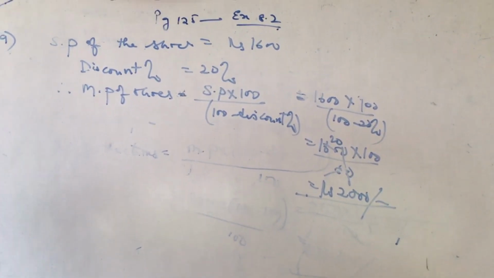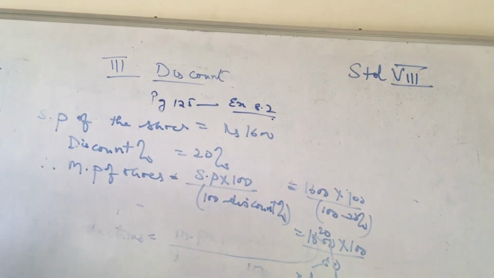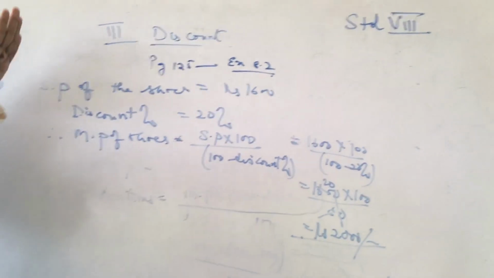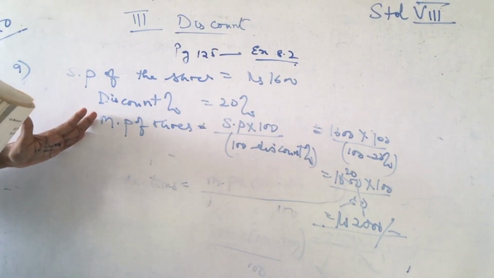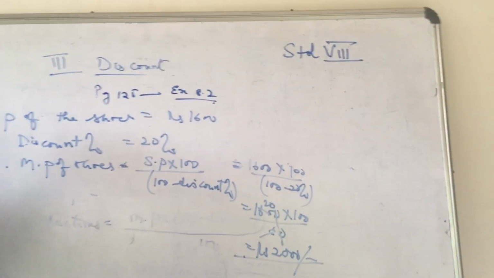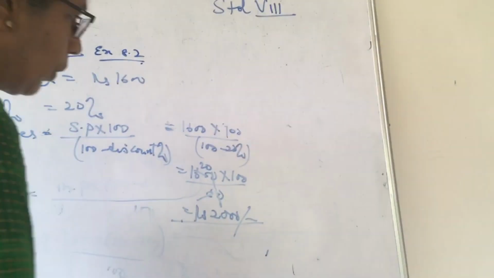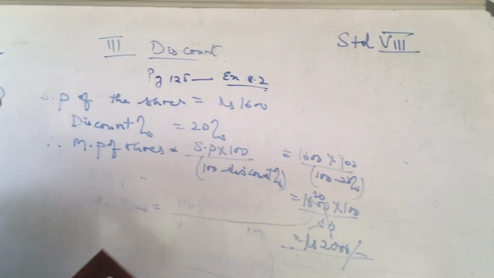Every one of you. Now we have done the questions regarding the discount only, children. We are going topic wise. First percentages, second profit and loss, third discount, and the fourth will be sales tax. Now for today, you have done only up till here, girls. Yes, are you able to follow?